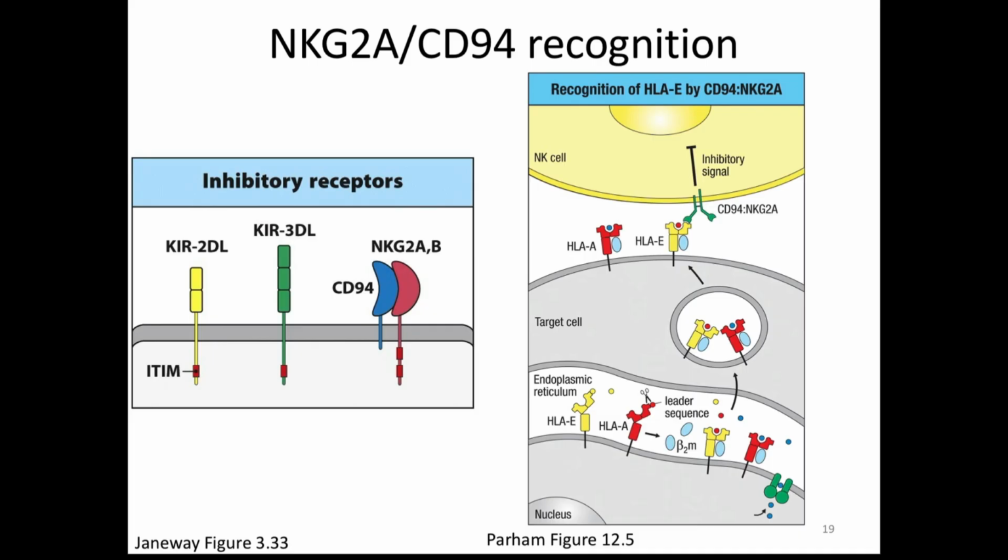HLA-E can bind to a particular NK receptor. As you can see, it's actually a protein combo of two receptors called NKG2A and CD94, and that inhibits an NK cell. So basically, a cell can say, I'm biosynthesizing MHC correctly, and that can inhibit an NK cell